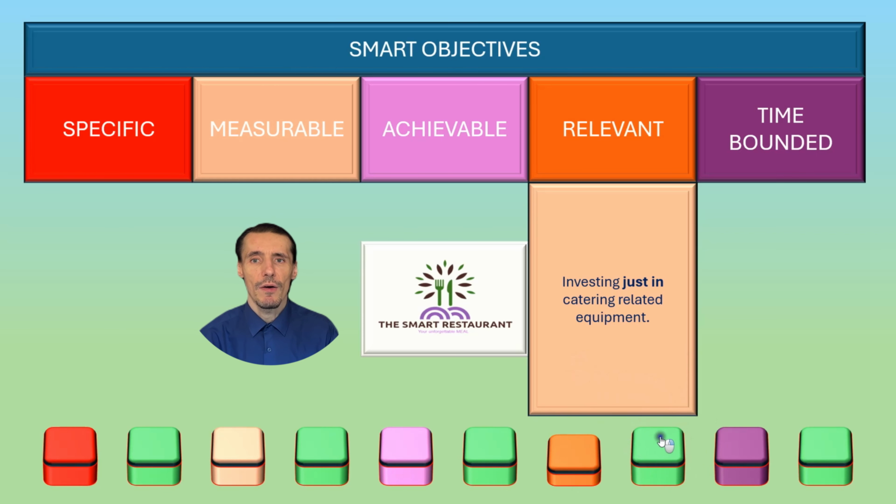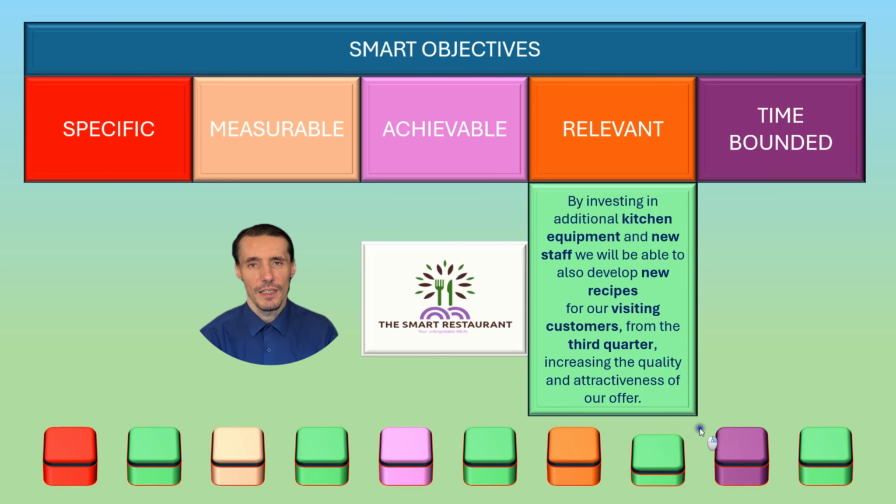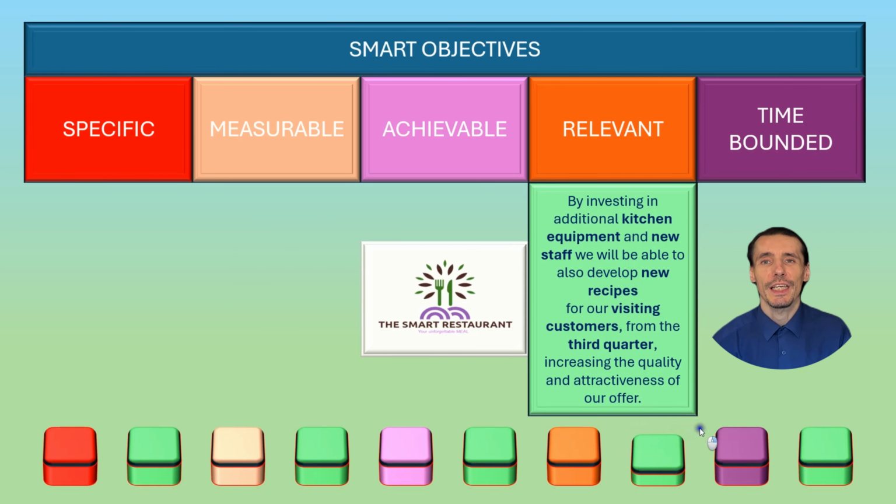By contrary, let's see now a good example of a relevant objective. By investing in additional kitchen equipment and new staff, we will also be able to develop new recipes for our visiting customers in the third quarter, increasing the quality and attractiveness of our offer. As you can see, with this investment, we can also fulfill other objectives of the restaurant, making it very relevant because we will allow the restaurant to develop new recipes, increasing thus the chances to attract more visiting customers and